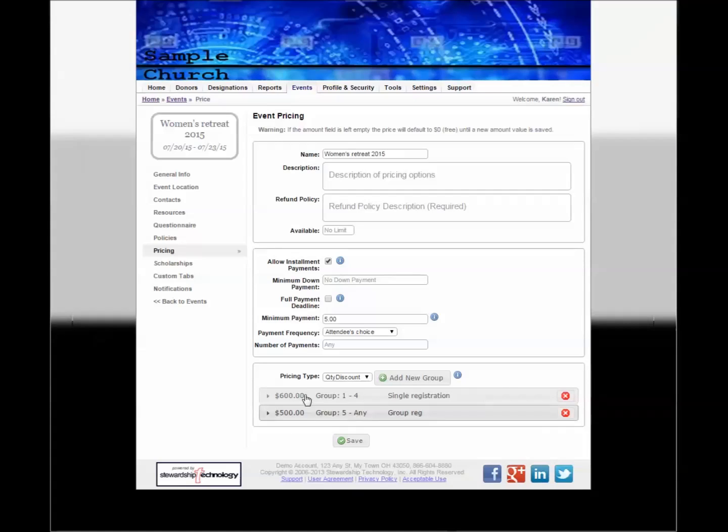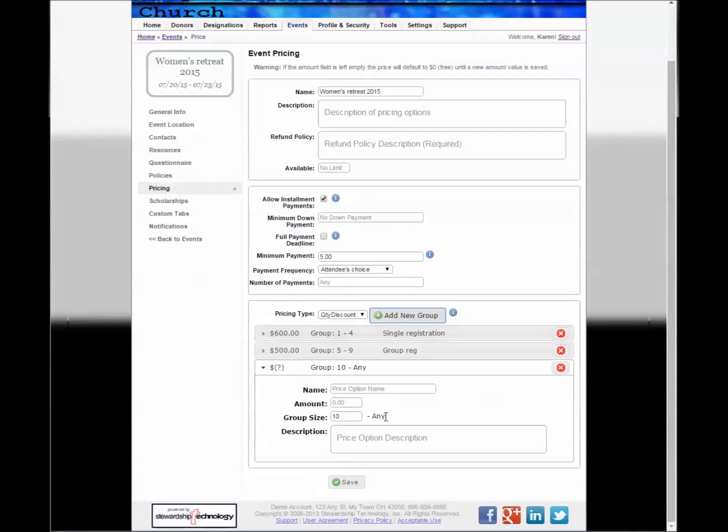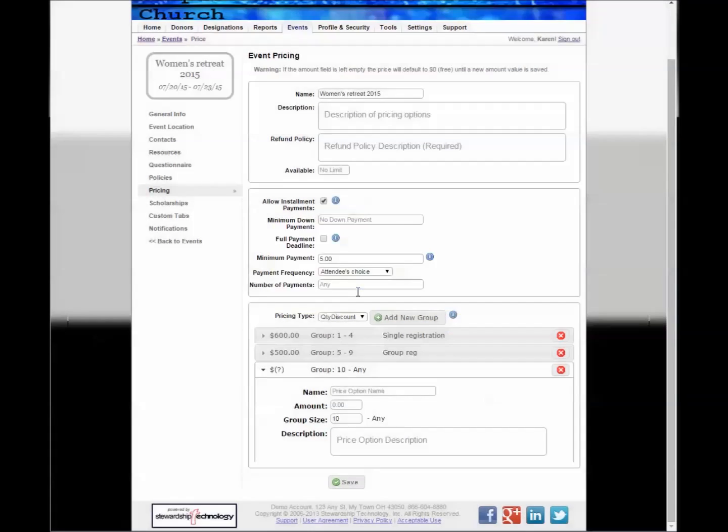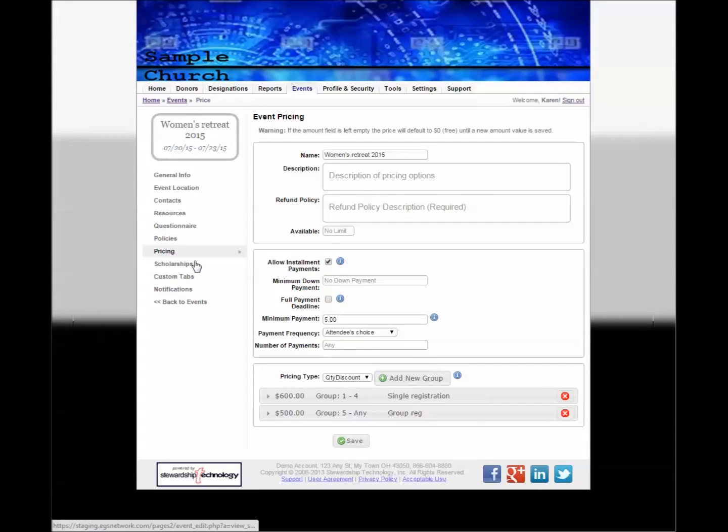You can add as many price tiers or quantity discounts as you would like by just clicking Add New Group. And then, of course, if you wanted to delete a quantity discount or a tiered pricing option, you would just click the X. Now, if we go over to scholarships,